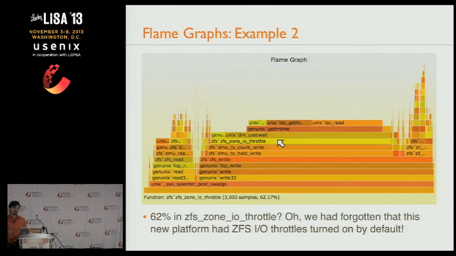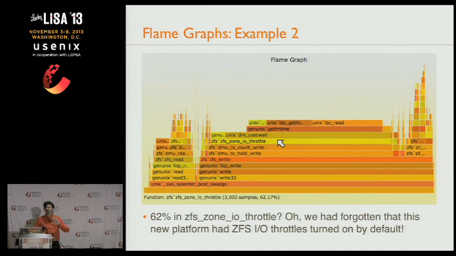And the customer was running a benchmark on a new platform. They were very unhappy about performance. They said, you've messed something up, because the previous platforms were much faster. And by rolling the flame graph, I could see straight away, the new platform does disk throttles. The previous platform didn't. At Joyent, we implemented throttles so that in a multi-tenant environment, cloud computing, one tenant couldn't monopolize the disks and cause these latency outliers that hurt other people.